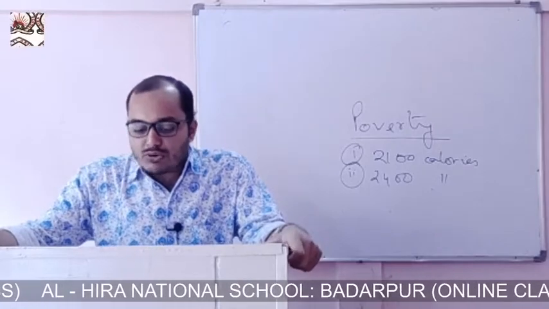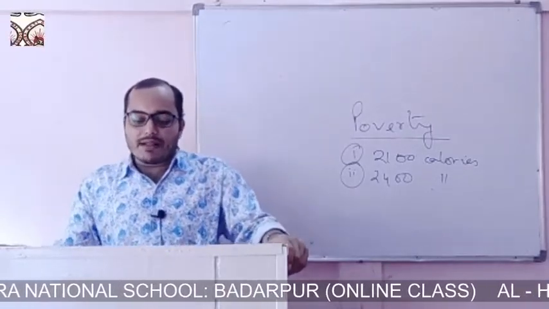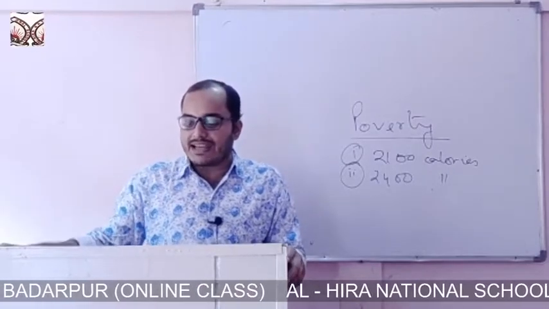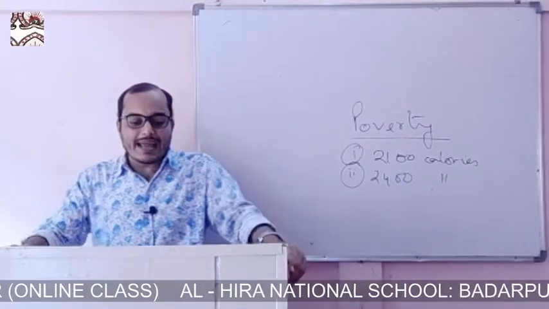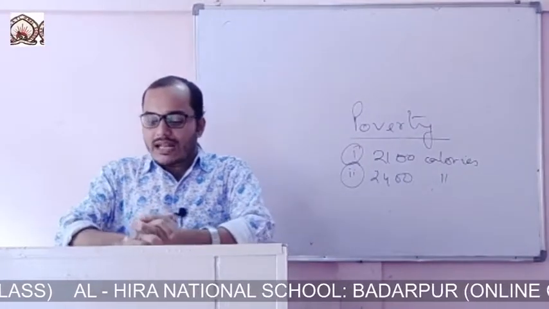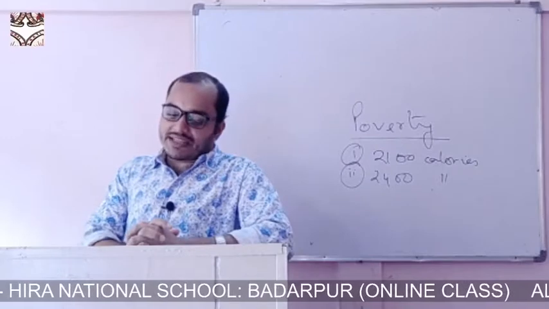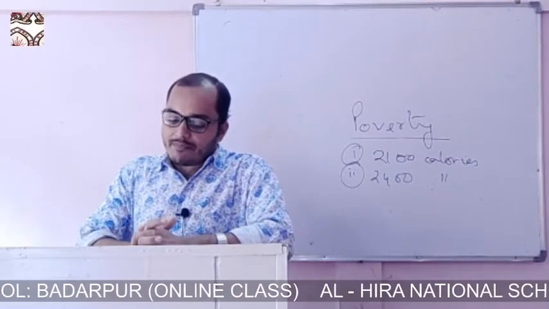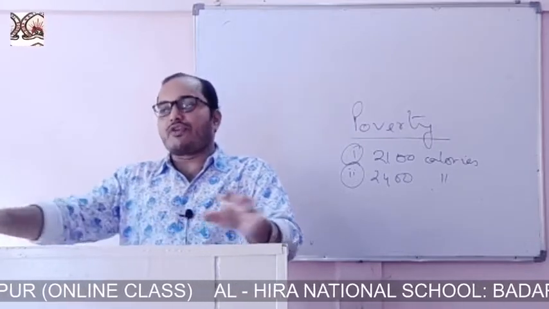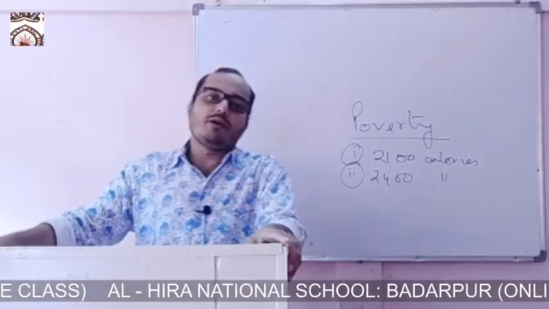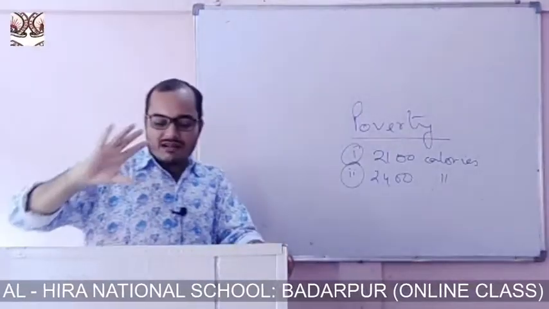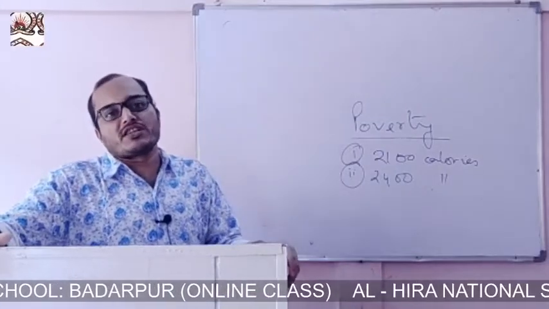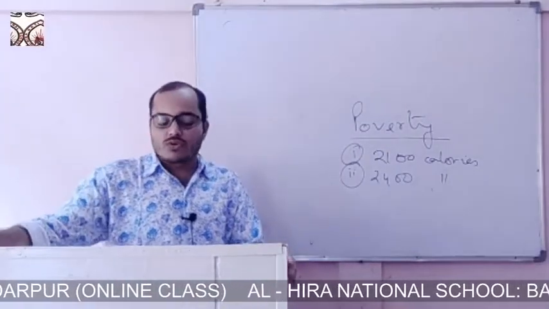Now during 2011-12, more than 30% of people in the rural area and 26% of people in the urban area are below the poverty line. According to the Tendulkar committee, 34% of people of Assam are below the poverty line, and according to the Rangarajan committee, 40.9% of people are below the poverty line in Assam. These are the findings of these two committees, the Tendulkar committee and the Rangarajan committee.